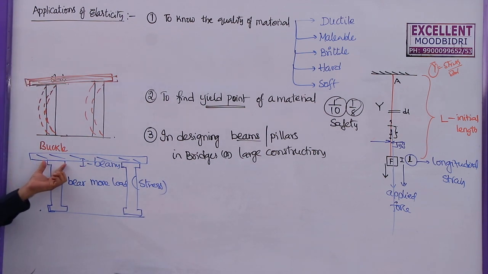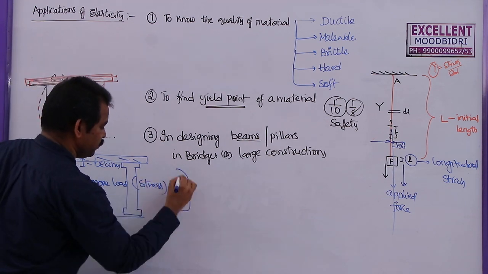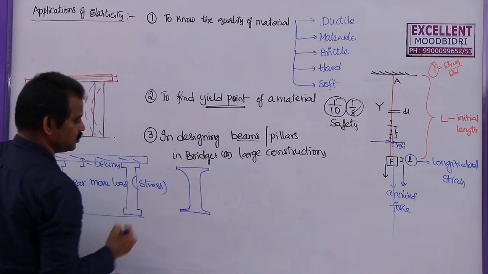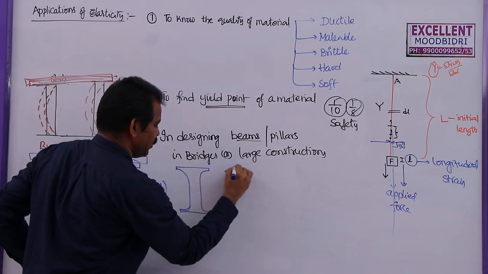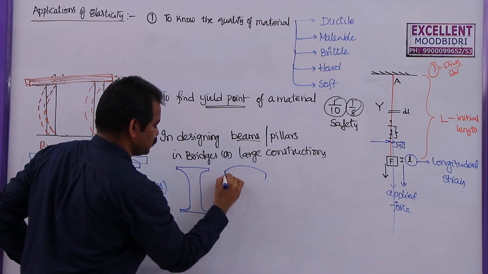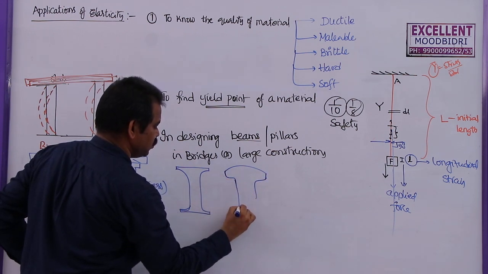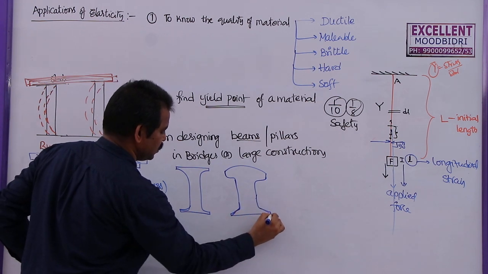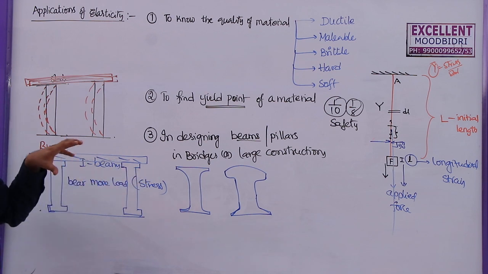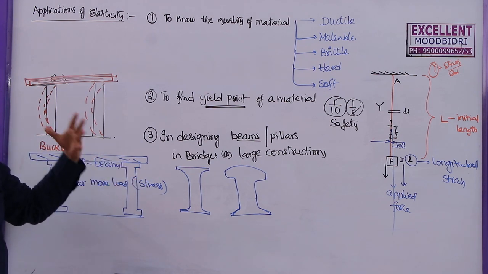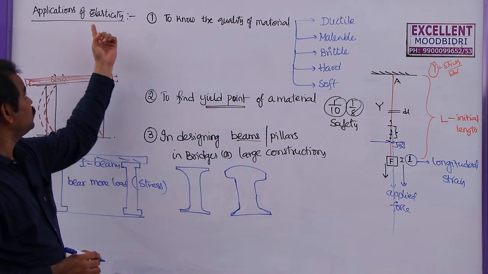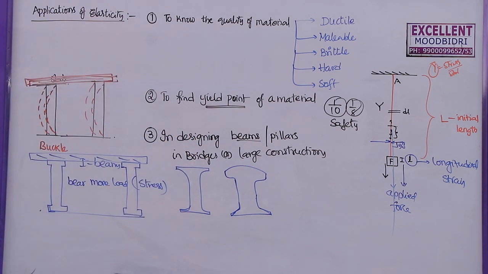Now, you can see this type of structure in almost all bridges. Generally these steel beams are made like this in constructing bridges. You can see these types of structures, as well as in railway tracks. In the railway track also the structure will be like this only. These are said to have more load bearing capacity than ordinary pillars. So in designing this also we are using elasticity.